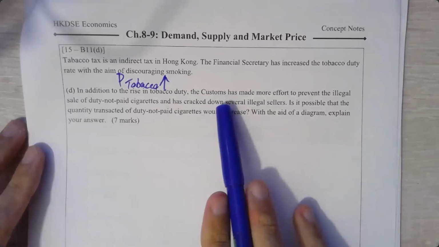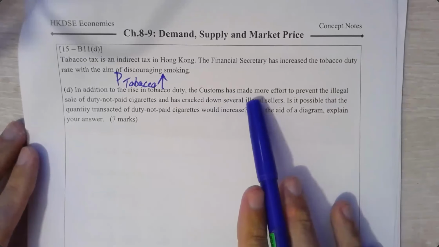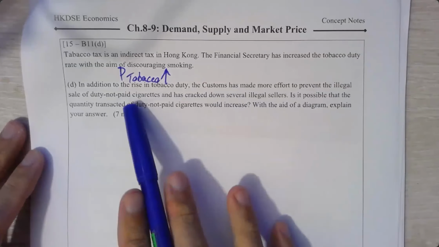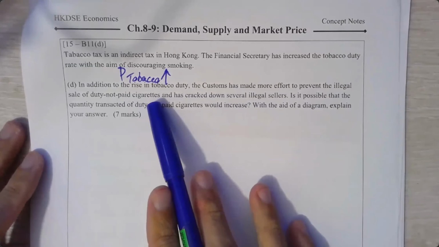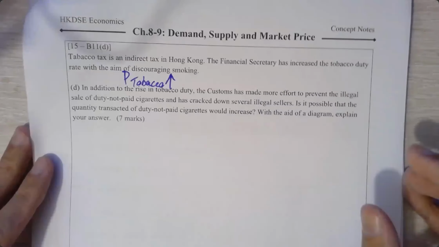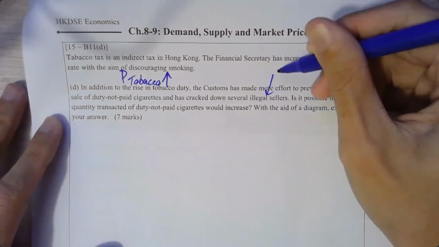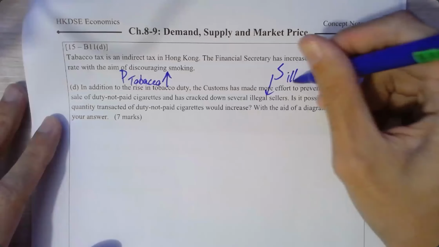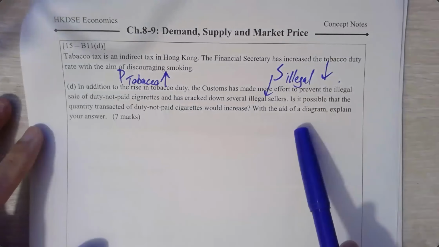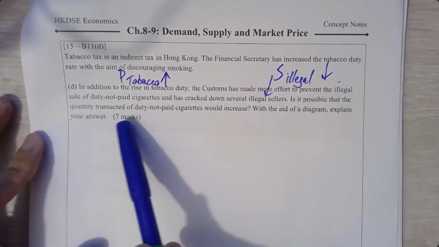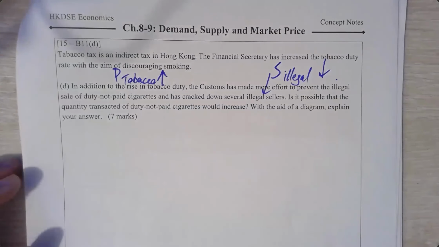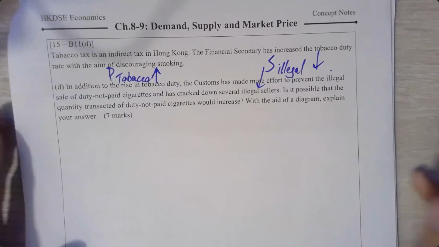Okay, the customs, 海關 has made more effort to prevent the illegal sales of duty not pay cigarettes and has cracked down several。好啦，crack down 咗即係咩意思啊？即係話 here the supply of illegal cigarettes would decrease。佢話啦。Is it possible that the quantity transacted of illegal cigarettes would increase? 好，慢慢嚟，let's